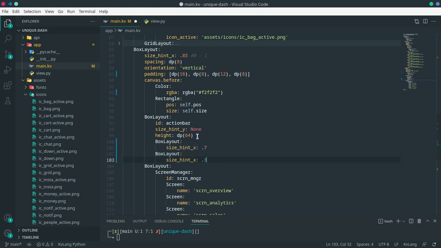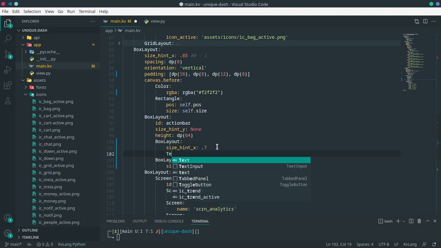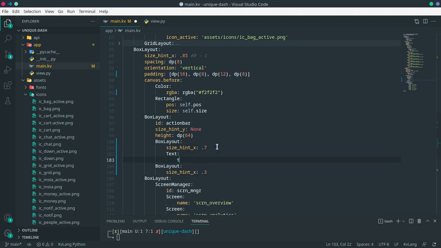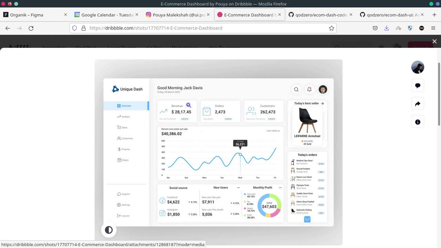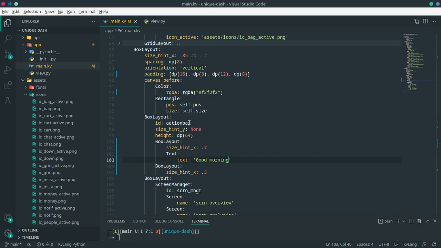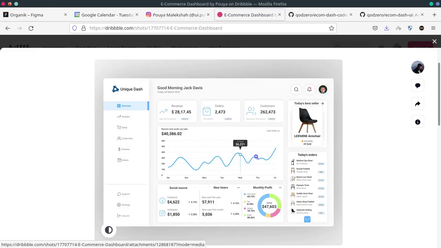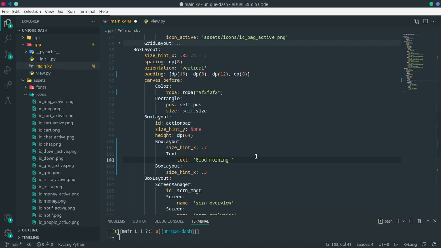Consecutively, the other one is just going to cover 30%. Alright, and now all we need are two text fields. So text, and the text is good morning. Obviously on a real app you want to make sure it's actually morning. So good morning. And yeah, let's make it dynamic a bit. So let's just say that, and then we are going to say